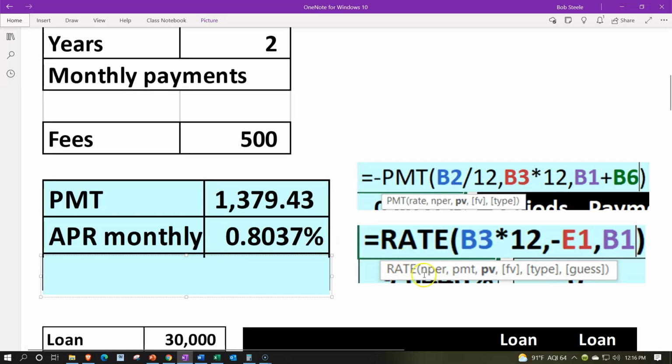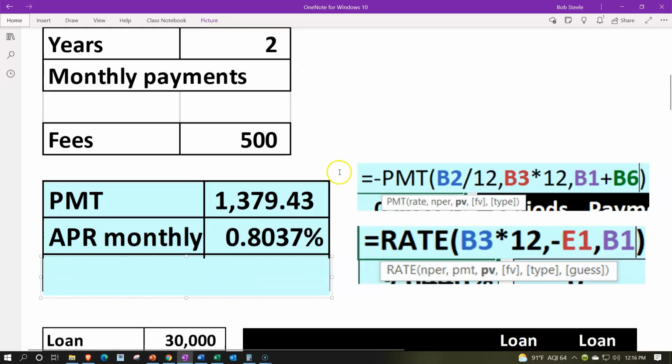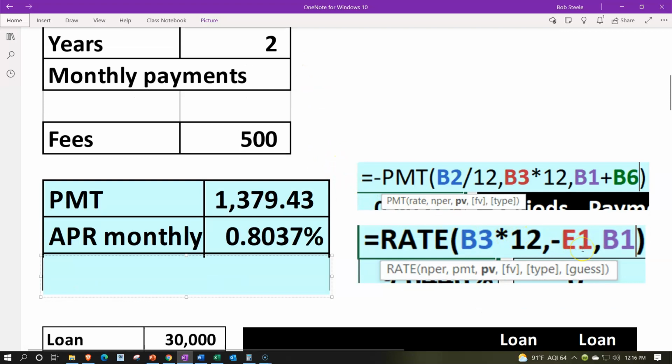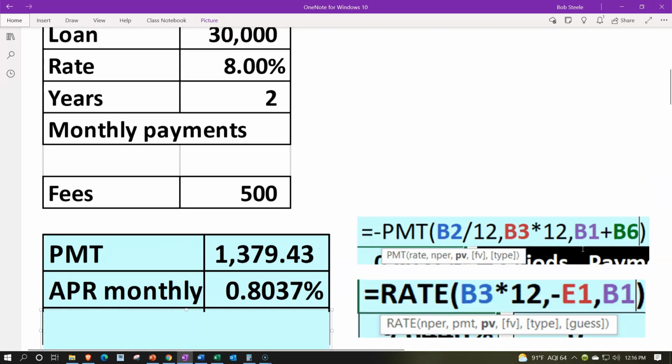So it's going to be the rate, and then it's going to be the brackets, and we have the number of periods. Number of periods is once again 2 years times 12, and then comma, the payment now, and it needs to be a negative. This time I don't think I can put the negative up front. They make me put the negative in here. So a negative on the payment, and the payment is the payment we calculated, the payment being calculated on the $30,000 plus the $500, and then comma, the present value not being this time the $30,000 plus the $500,